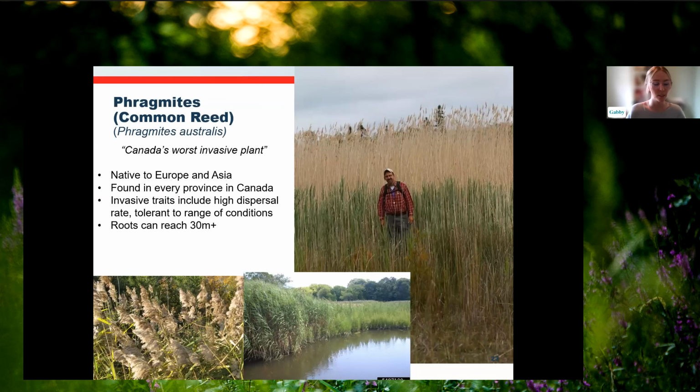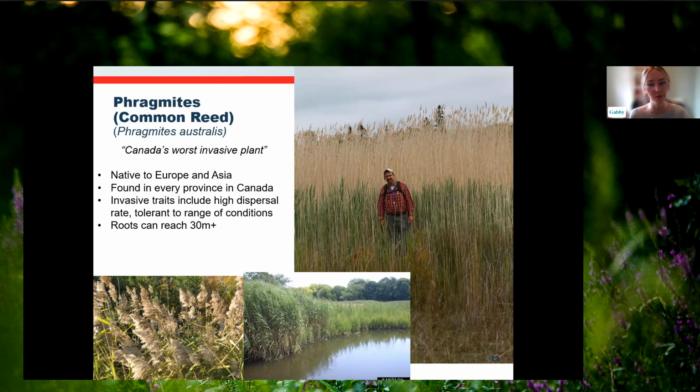So Phragmites, this one many of you are likely familiar with. This is considered Canada's worst invasive plant. Ontario and Quebec have a lot of this along their roadways especially, but essentially it takes over any area that has water, standing water, or any little bit of water. It's exceptionally good at creating a near monoculture crop. So essentially you can see in those photos, it's almost all Phragmites and it grows really tall,